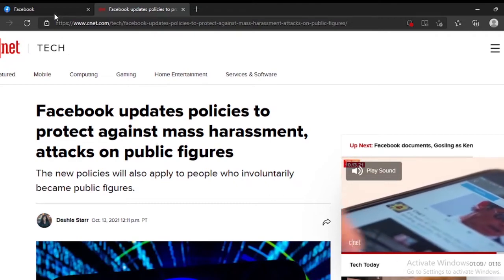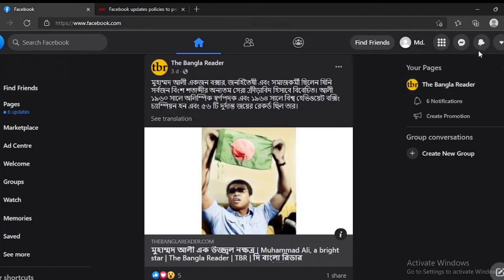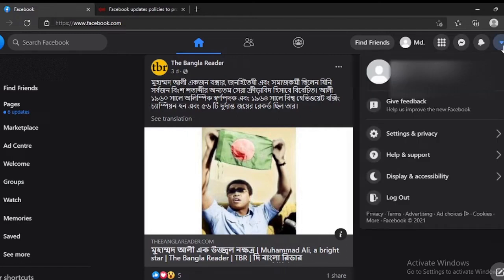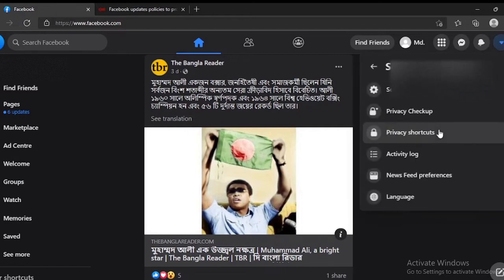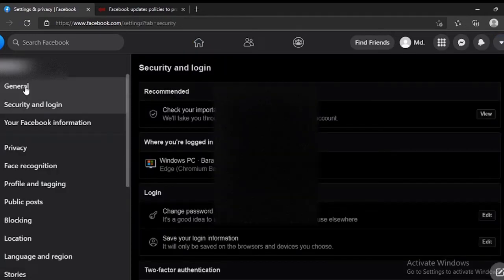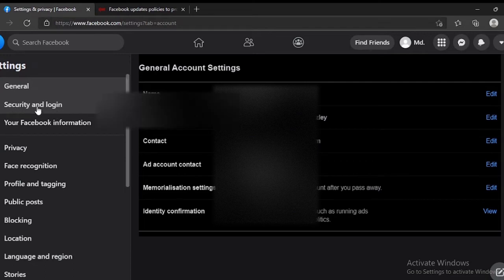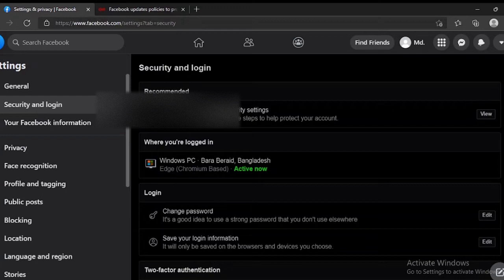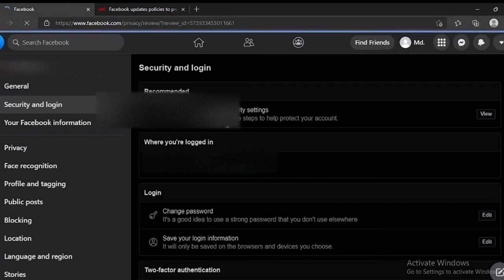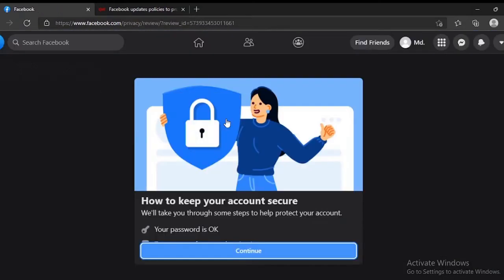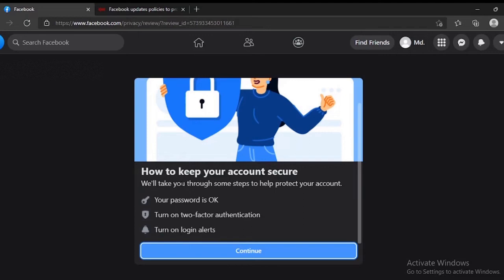So as you can see, I am going to my Facebook profile and now I am going to click the account, then settings and privacy, and after that you have to go to settings. After that here you can see security and login, so enter there, and after that you can see check your important security settings. So press here, and as you can see they have opened a new feature, how to keep